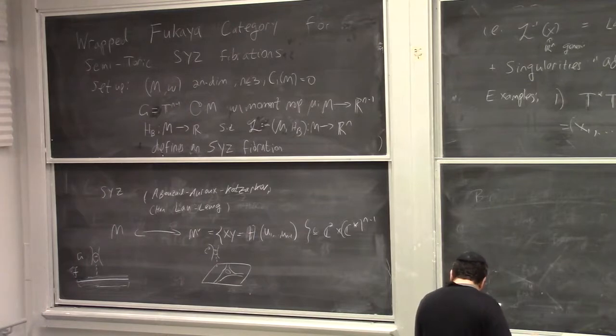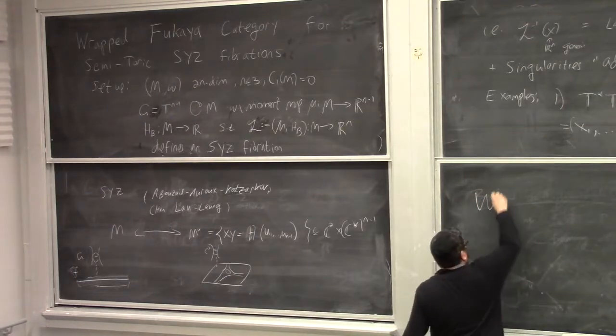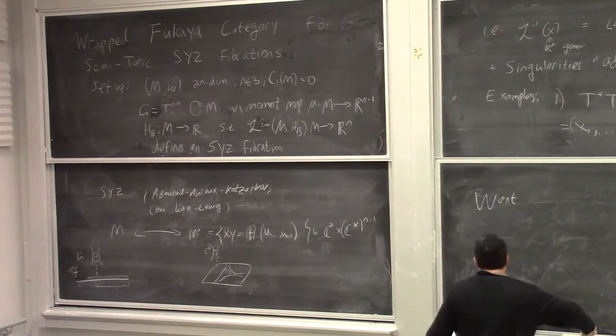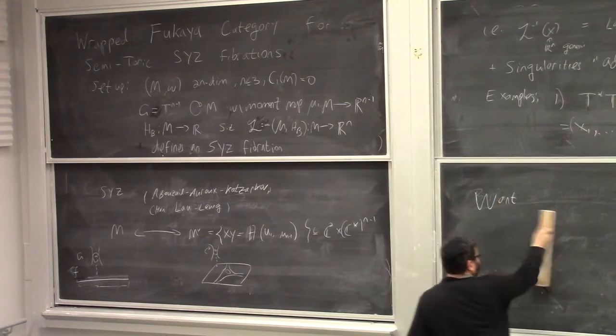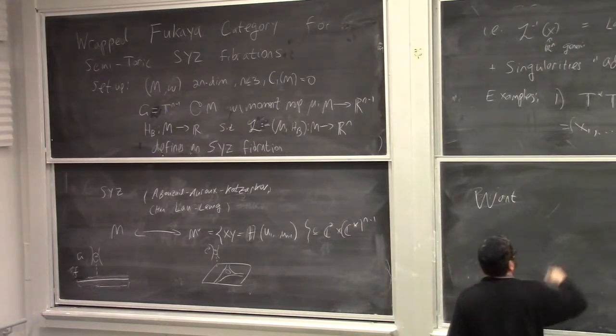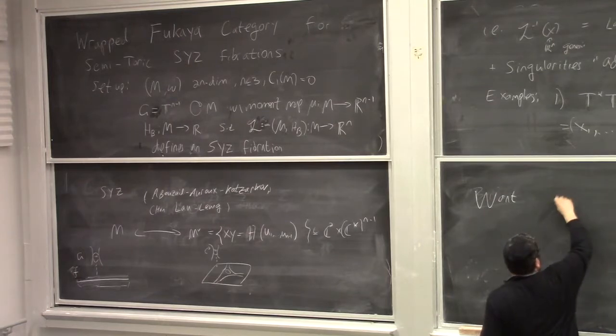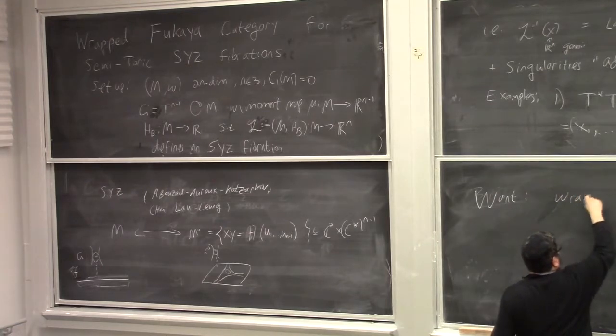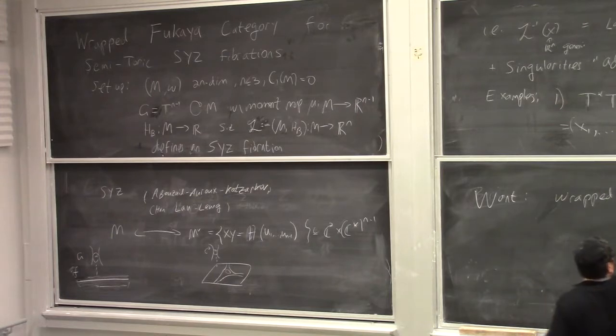Anyhow, so what do we want? We have this M, and I want to have the wrapped Fukaya